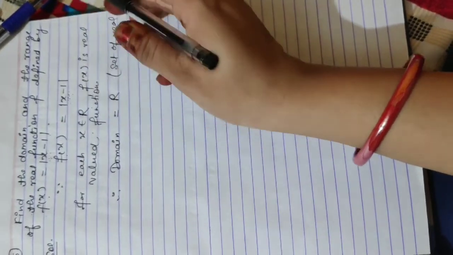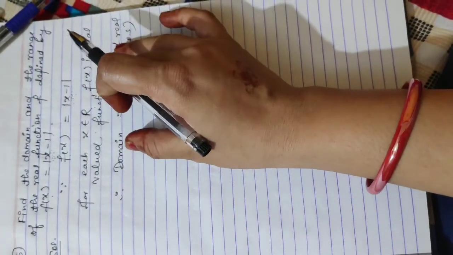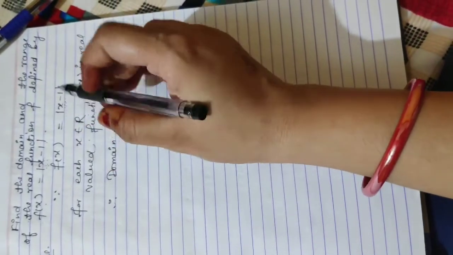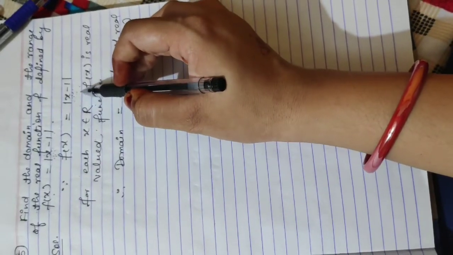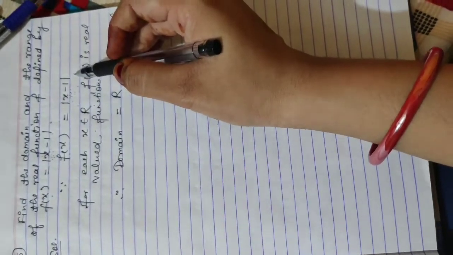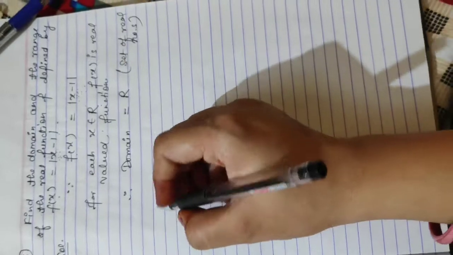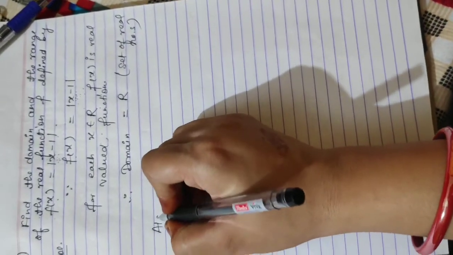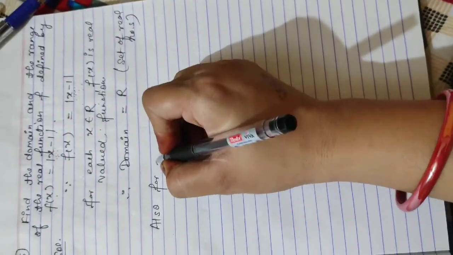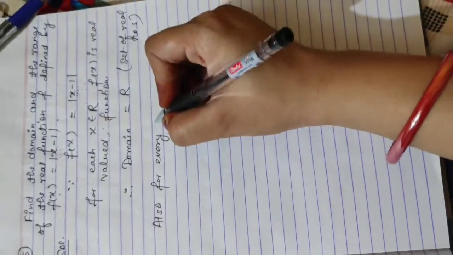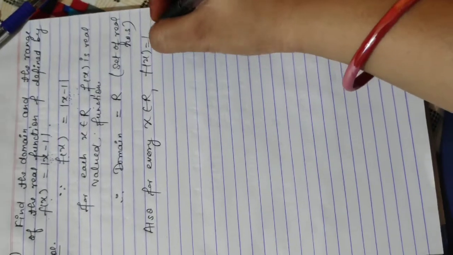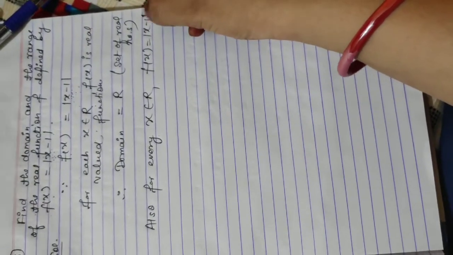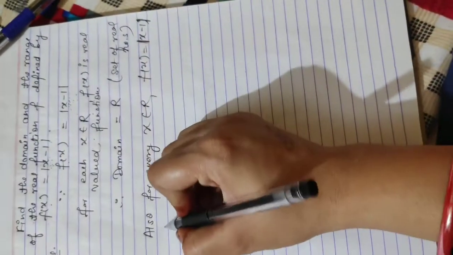And I have told you already that the modulus function always gives the absolute value of x minus 1, and the absolute value of x minus 1 is always positive. So you can also write, for every x belongs to real numbers, f(x) equals mod of x minus 1. Mod of x minus 1 is